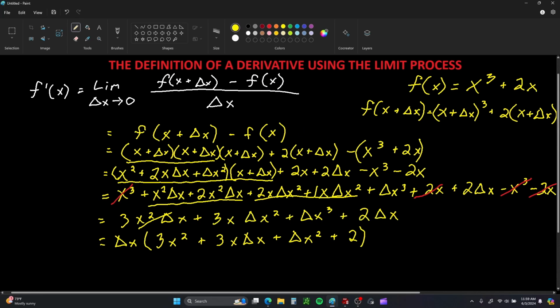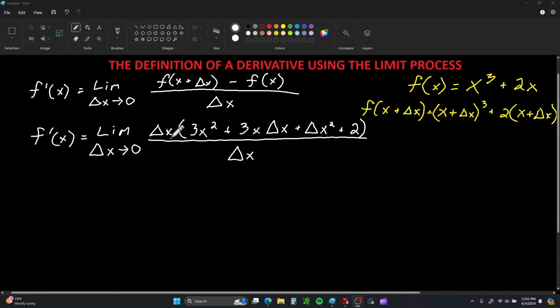So let me clean this up. So now with the simplified numerator plugged in, I notice that I can just simplify here. Well, it goes in one time for each of those. So the revised limit